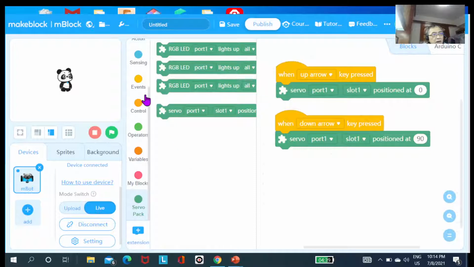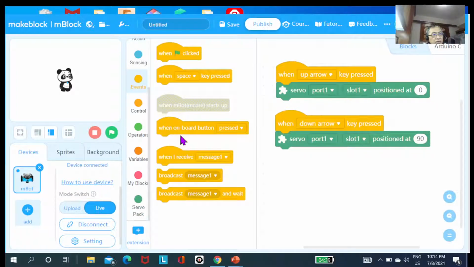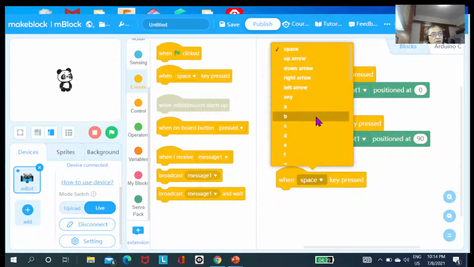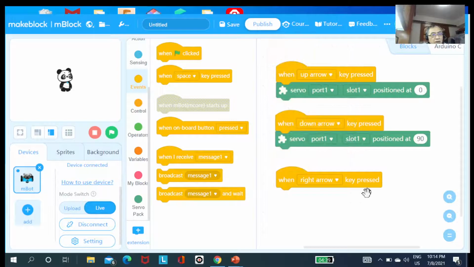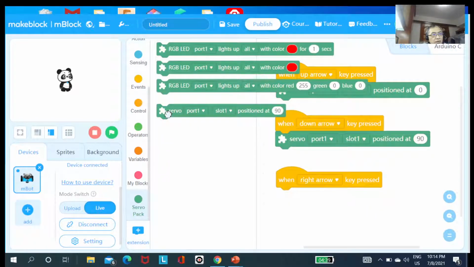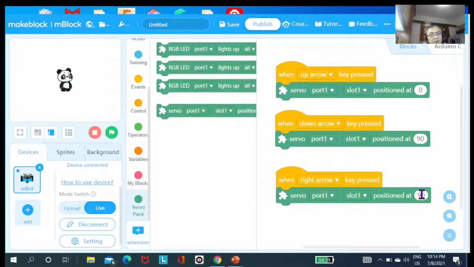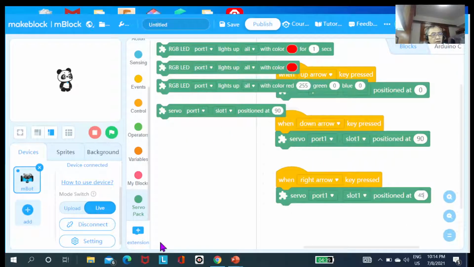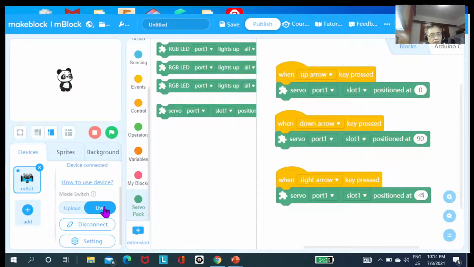And the last event to use is I'm going to use the right arrow key to turn the servo to an angle of 45 degrees. Okay, after doing that, let's try the program. Now I'm going to switch on the video,